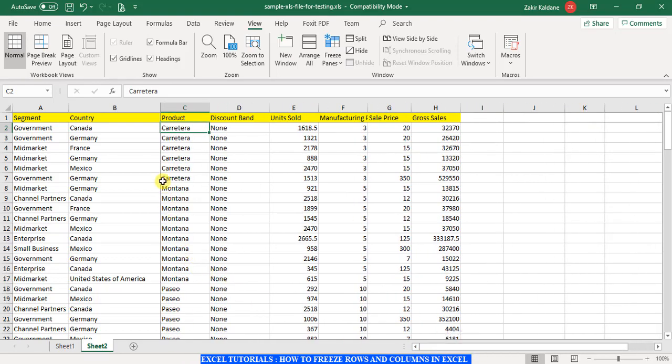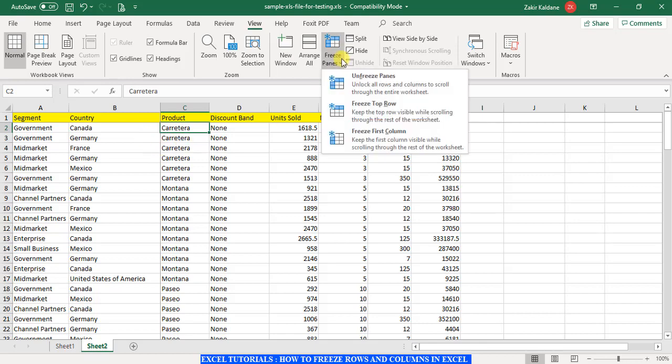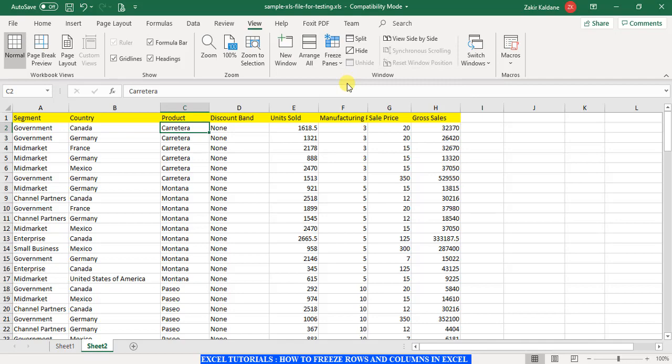So freeze panes basically locks the columns on the left side of the selection and it locks all the rows to the top of the selected cell. Let us see once more so that it is clear. I will say unfreeze panes, and now for example, if I click here, I want all these rows to be locked.